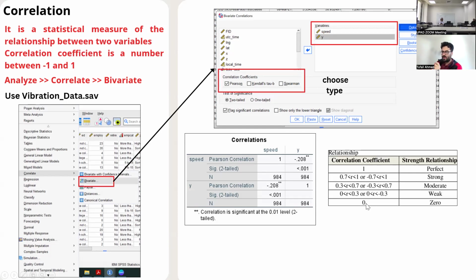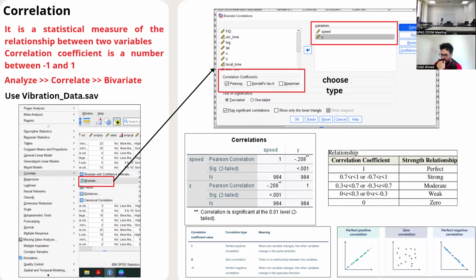If it's 0, it means there is no correlation between the two variables. But I see it's 0.208. It's somewhat of a weaker correlation. It's not 0, but it's below 0.3. So I will say that maybe the speed is not that dependent on the vibration of the bicycle path.